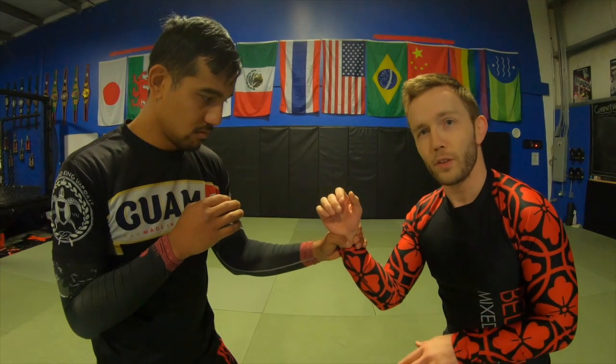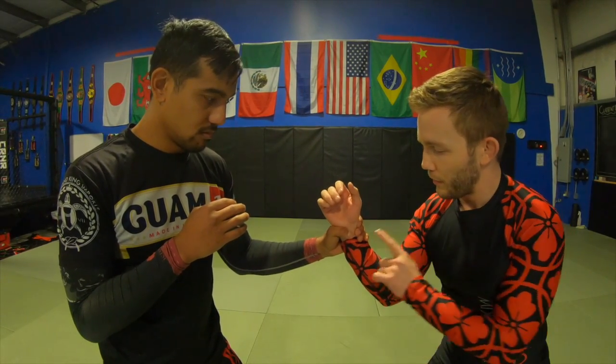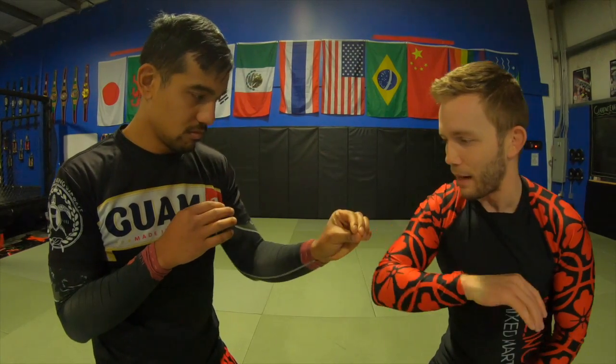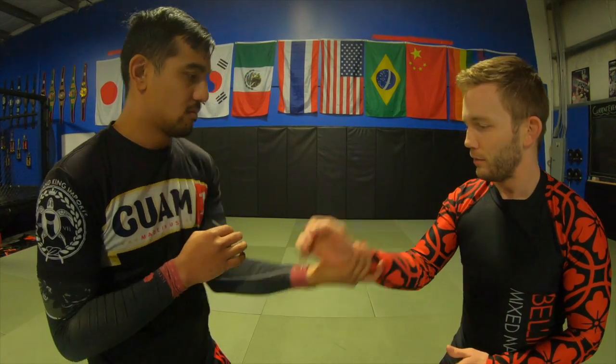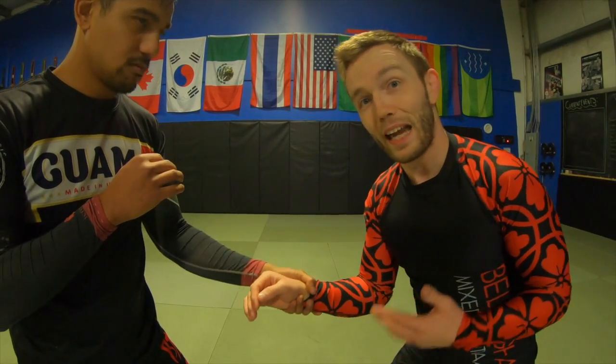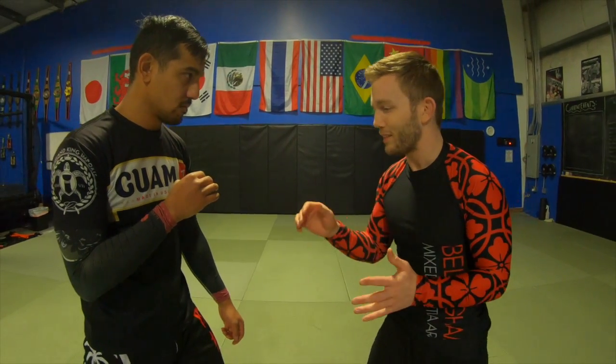Now this is gonna be a little different in the gi, but for no gi, we're thinking about this gap here, okay? So basically just bring my hand just through that gap. If he has a different style of grip, right? Same thing, I'm pulling through that gap, okay? I just have to think about where that gap is and go there. And over time it becomes kind of instinctual,